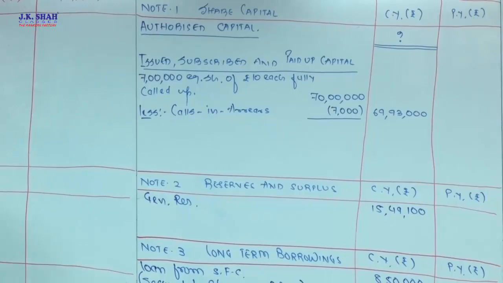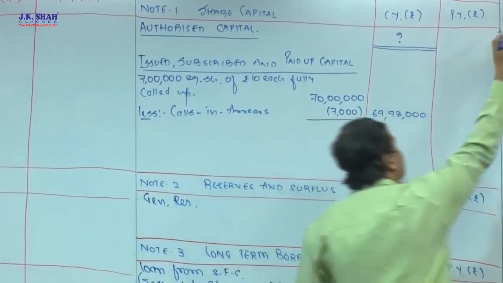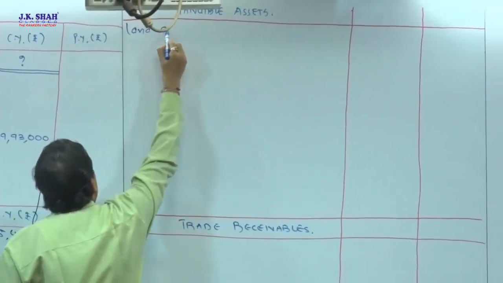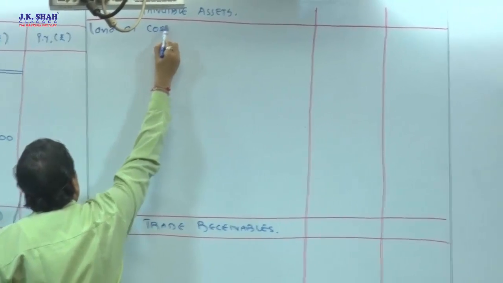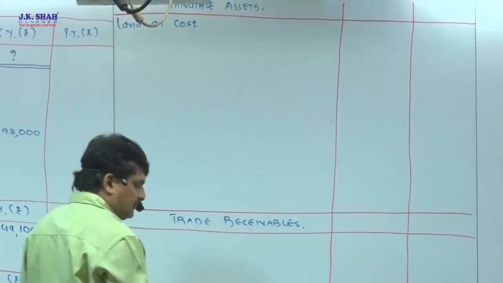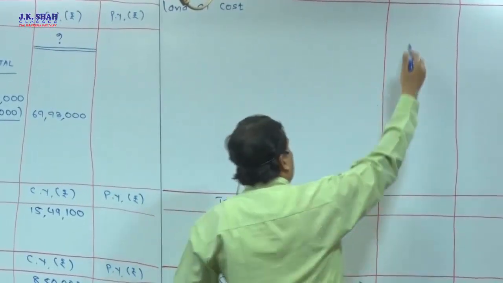Land is a tangible asset. So, tangible asset: land at cost. Because land cannot be depreciated. Amount of land is